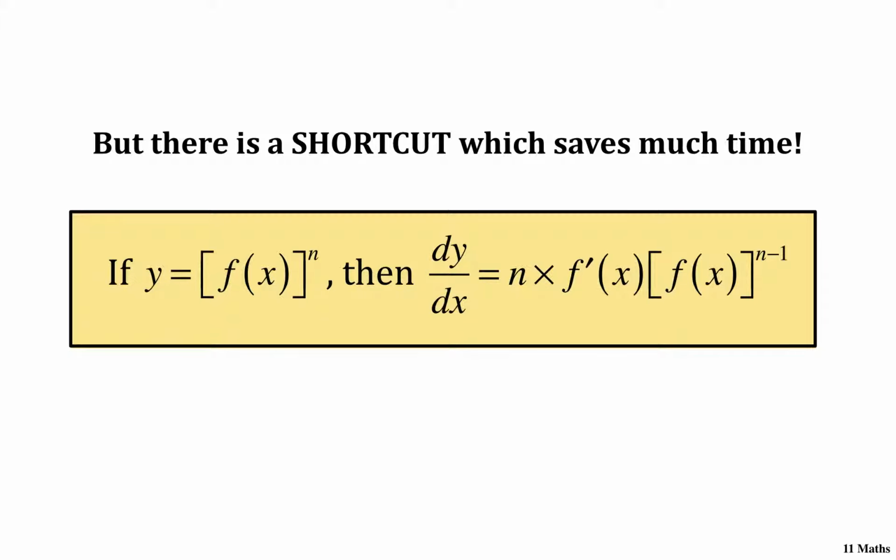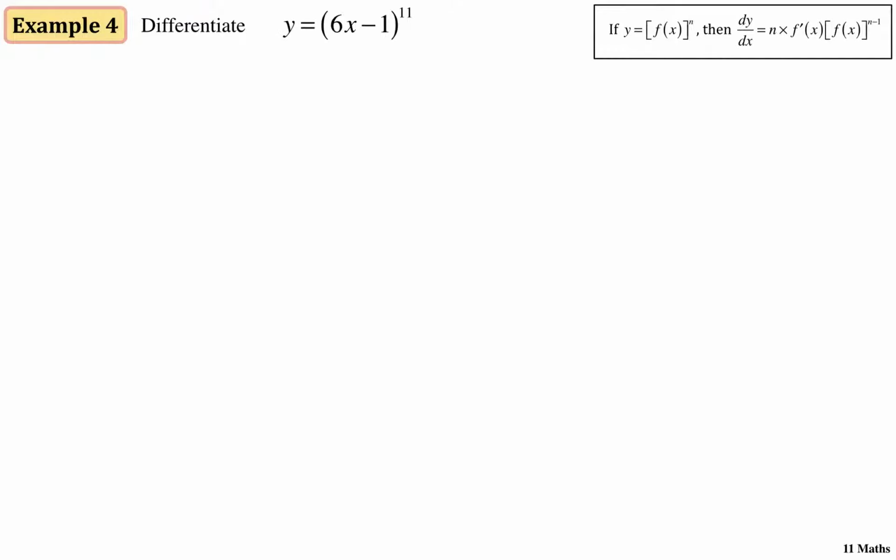If you follow that rule, you'll be able to differentiate almost instantly. Well, let's try it and see if we can actually get it to work. So we've got the rule up here so we can look back at it. Y equals 6x take 1 to the power of 11. Now I could have used let u equal 6x take 1 and followed that process through, but I don't want to do that. Let's look at the question and say, okay, the derivative is going to equal